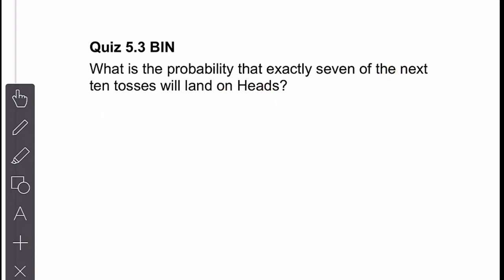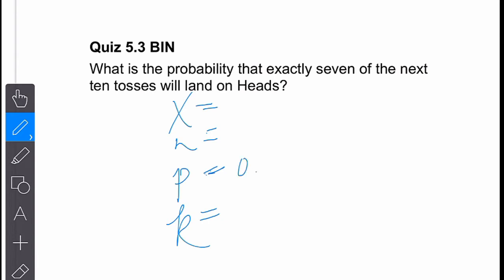So again, set it up. Immediately I see what I have. I'm talking about tossing a coin. I'm just tossing 1. So the probability of getting a head, which looks like what I'm interested in, is 50%. I'm going to toss it 10 times,